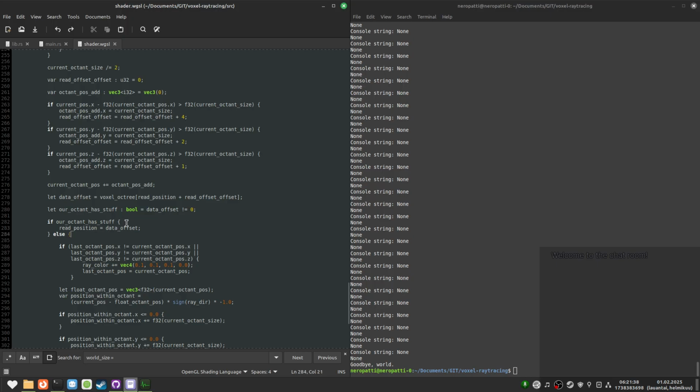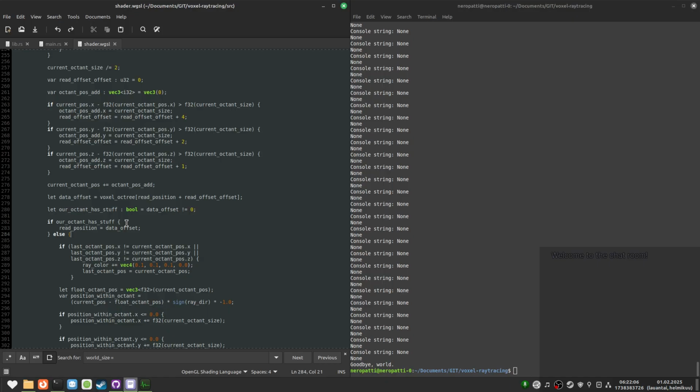And I've also been thinking that I might have to do chunks of voxels, because right now I only have one big octree. But if I do chunks, then I'll be able to do some shenanigans. Because if I wanted to move the world, for example, if I wanted the world to be centered on the player, how would I move the octree? That's a problem.